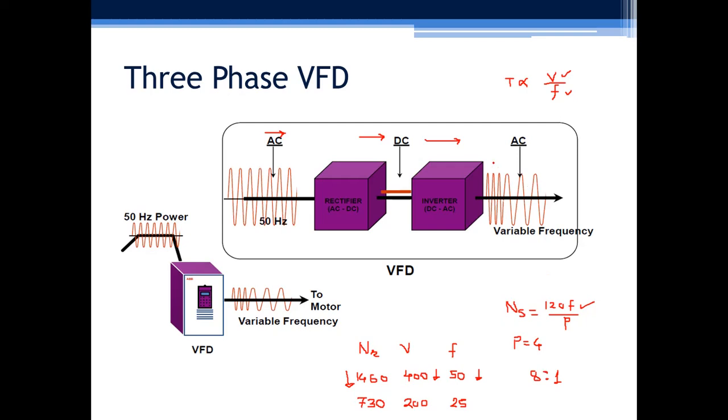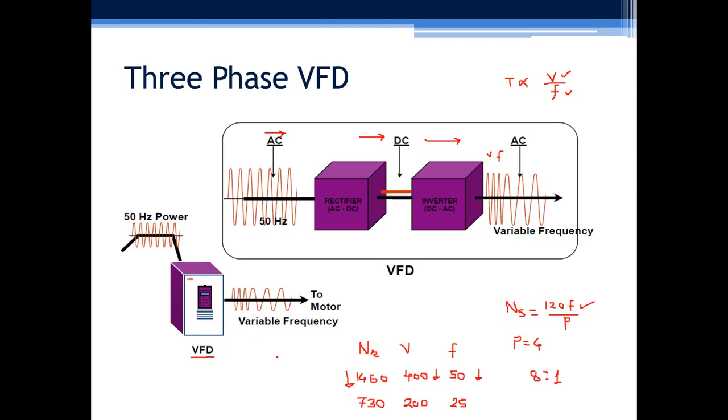Here this inverter will do this task. This inverter has to generate V and F parameters so that V by F will be maintained constant and we will get constant torque operation. Now this voltage and frequency will be controlled by the control card, which is present inside your drive. Once the DC link voltage is maintained constant, the frequency will be controlled by controlling the conduction time of the switches, and voltage will be controlled by controlling the duty cycle. So this drive has a panel. That drive is setting variable frequency and variable voltage control to get this variable speed operation.